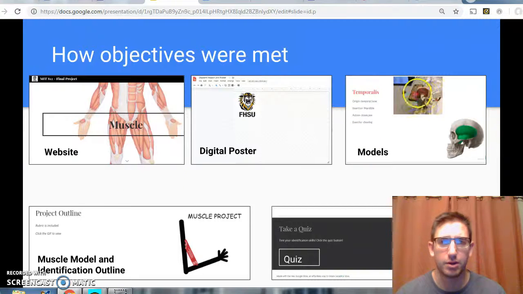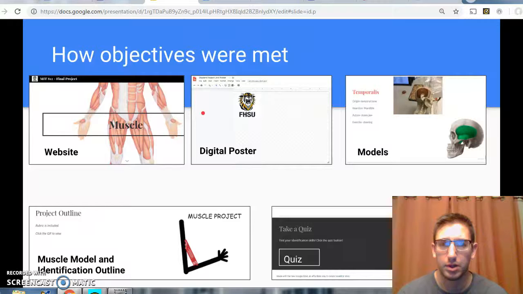Another thing that I linked was an actual student project. Okay, so you could see clay on the little mannequin. They also used another picture that they researched and found and put in there just for comparison, which I thought worked pretty well. And then I also put this in my website, which is a digital poster, to essentially allow